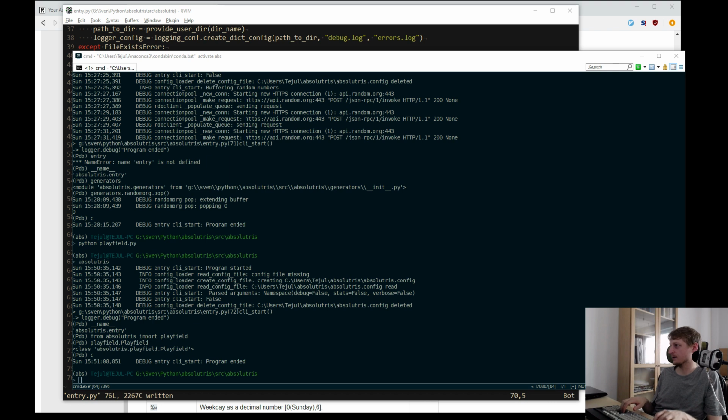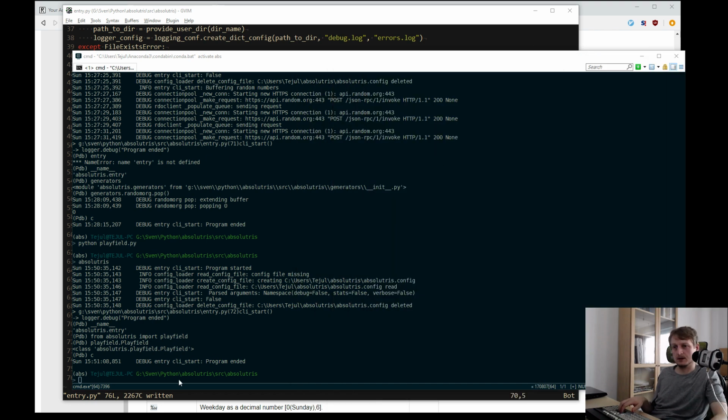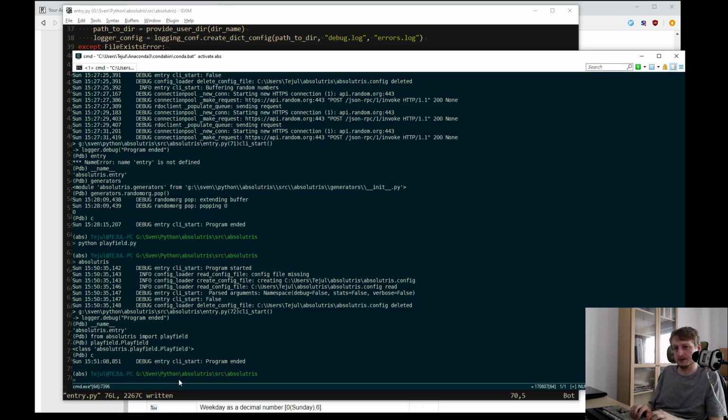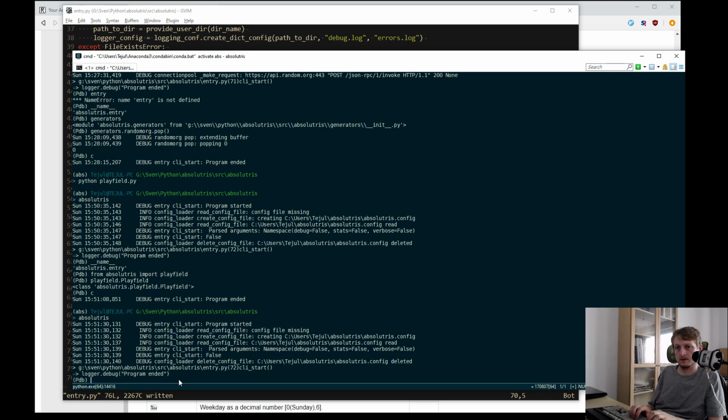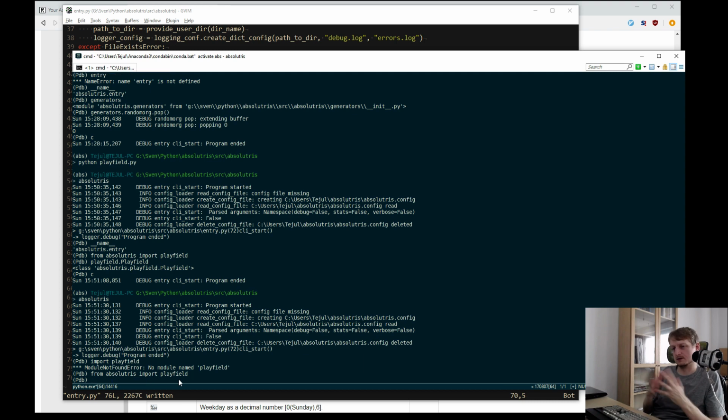I have now uncommented it from the init, and I'll try again. Then I say import playfield. Wait, from absolutris import playfield. Then it still does that.